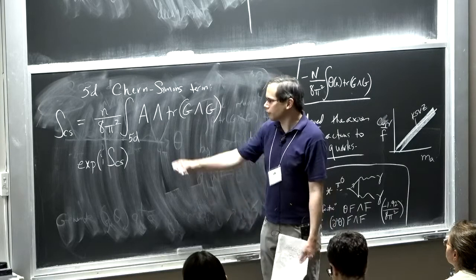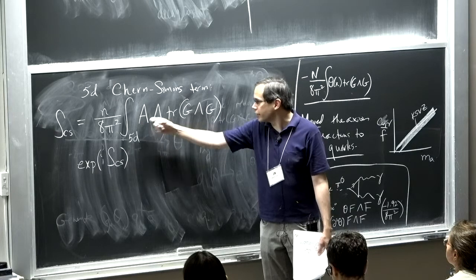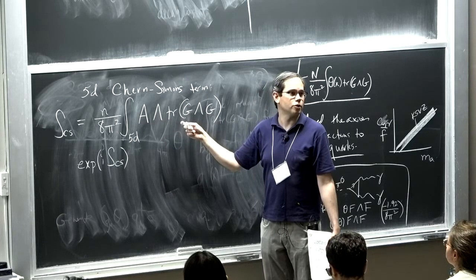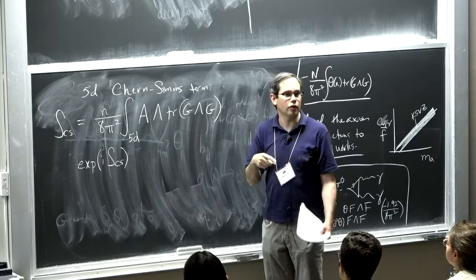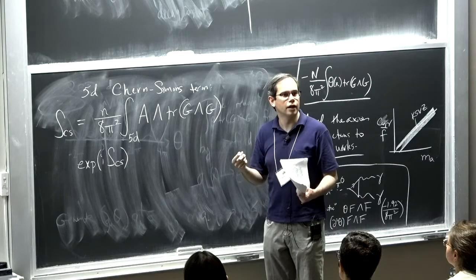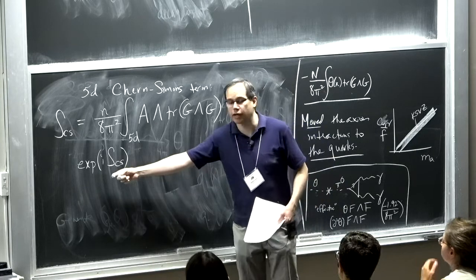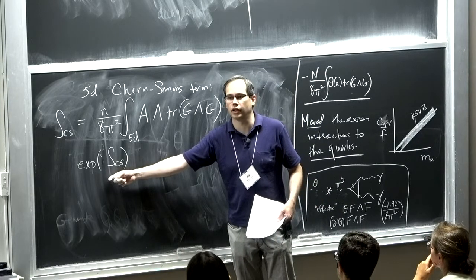If you haven't seen this before, I'm just going to have to ask you to believe me that it makes sense to have an action like this, even though it isn't gauge invariant. The reason is very similar to the reason why we could get away with things like theta trace G wedge G, or why we could get away with things like a Wilson loop that's just an integral over A. Somehow the topology of the winding has some quantization built in that makes it okay to put it inside an e to the iS.